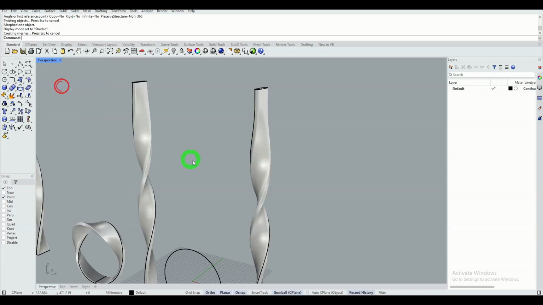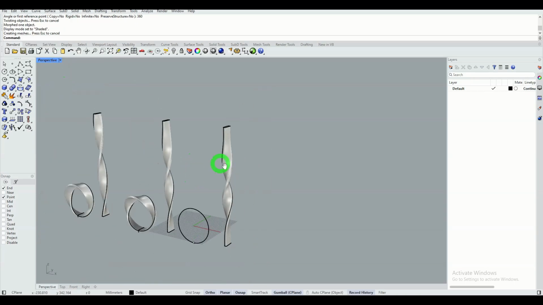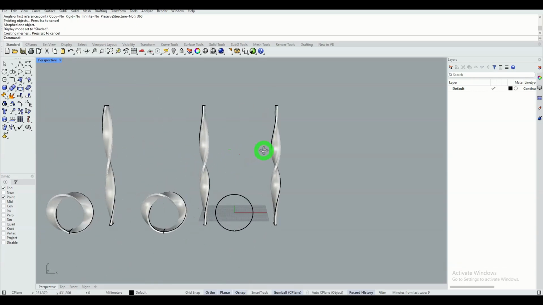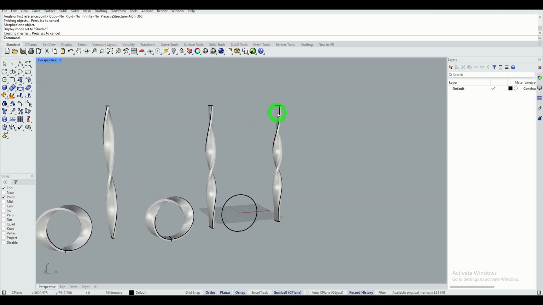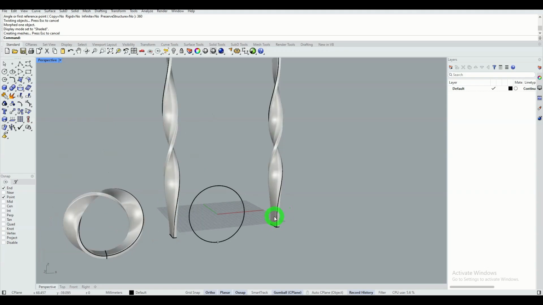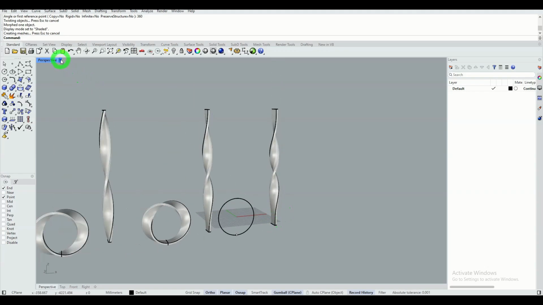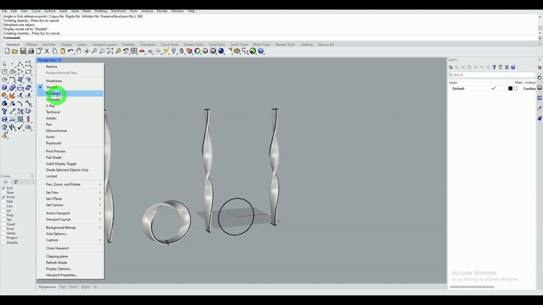I switch again to shaded. You can already tell from this object that the twist has had no effect from the first point to the other point down. Let's see the effect on the bracelet.